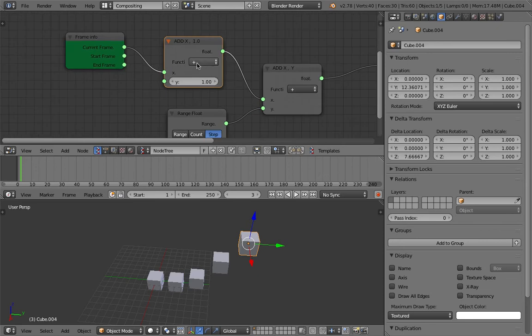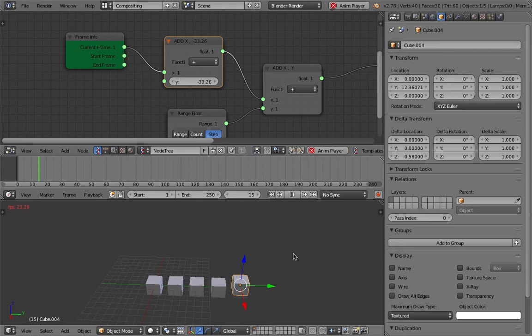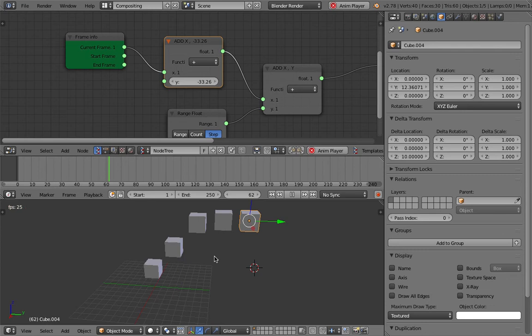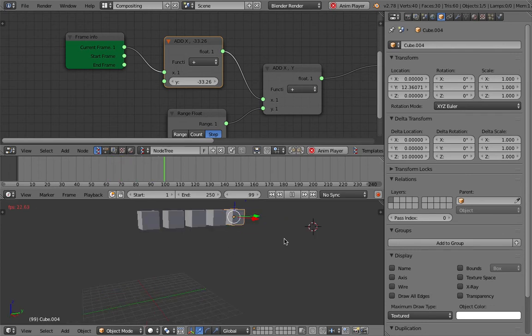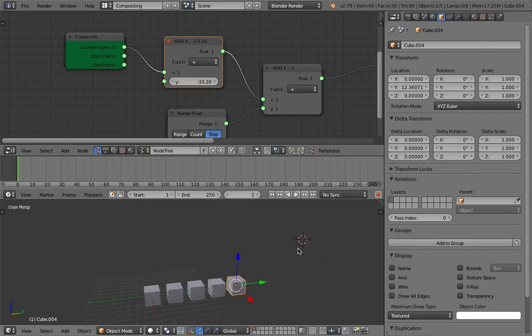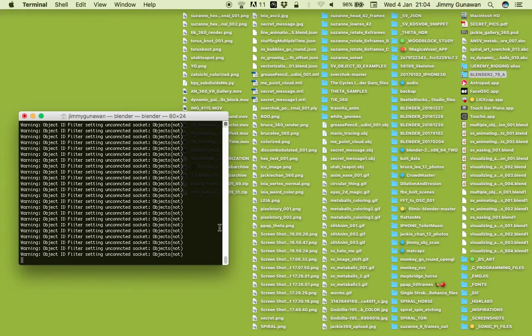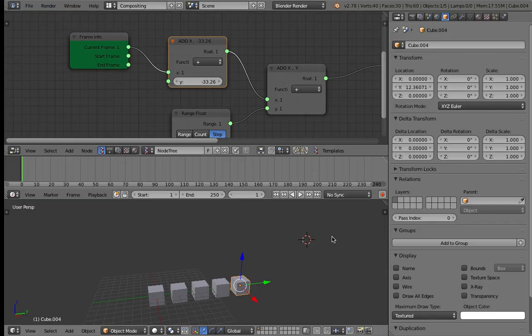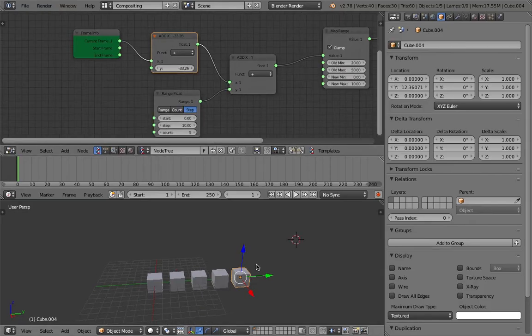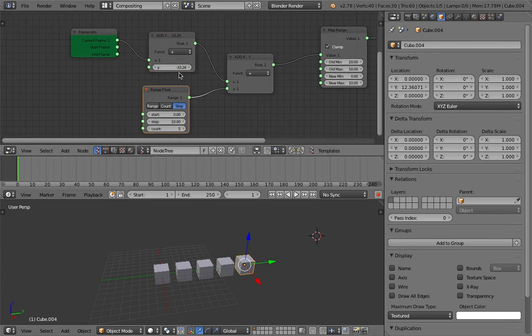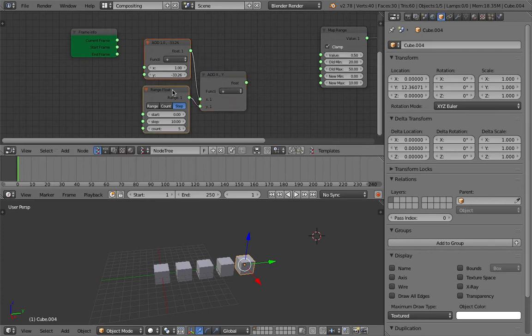Normally I add another add here, kind of to offset the time further. So now if we have the animation that goes like that, it seems like it's stuttering a little bit. I don't know why, but anyway. So yeah, instead of doing it like this, perhaps I want to try